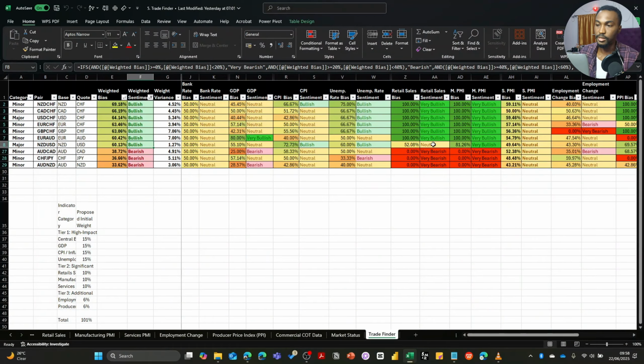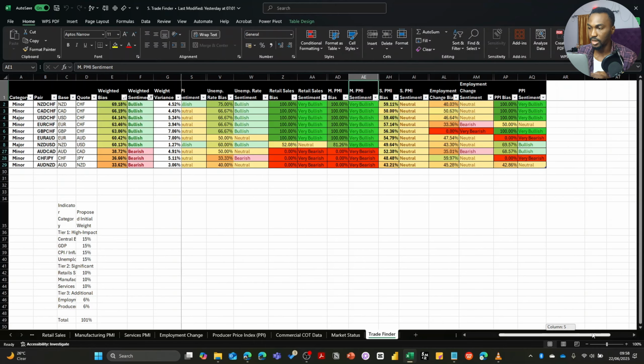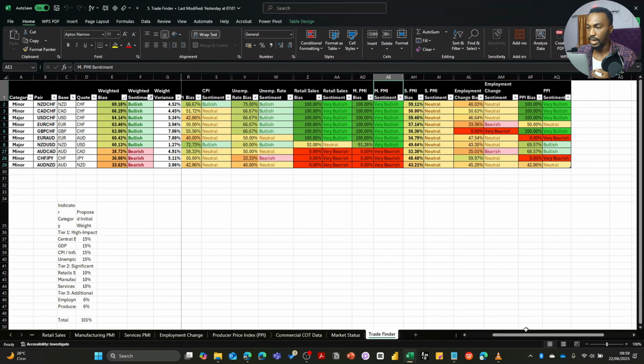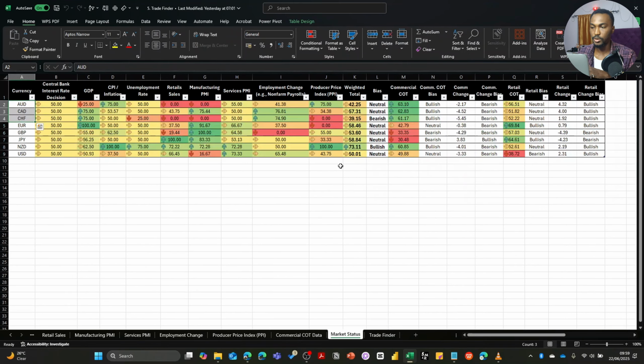So we're going to start off with this. First thing is the fundamental review. We're currently looking at my fundamental calculator, which looks at things like the central bank rates, the GDP, CPI, unemployment rates, retail sales, manufacturing PMI, service PMI, employment changes, and then PPI. So it doesn't look at COT. What I do with COT is I just come back here to see where the buying and selling is occurring